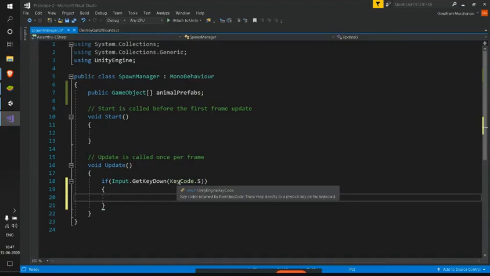So let's save this, and here we need to instantiate the game objects, like a particular game object.